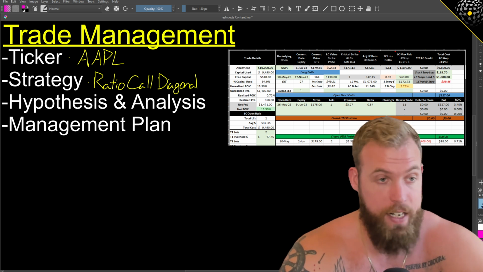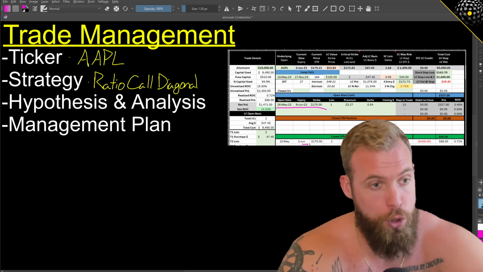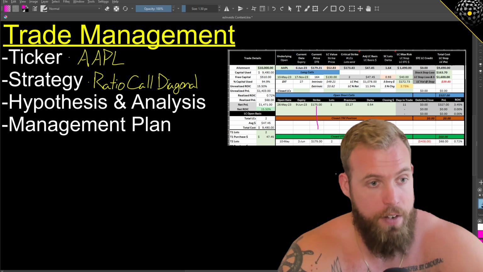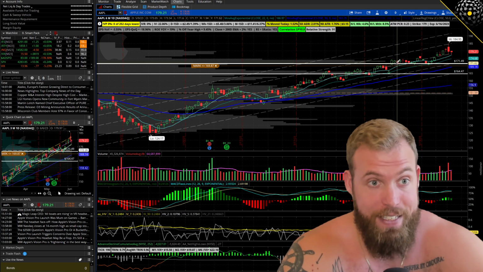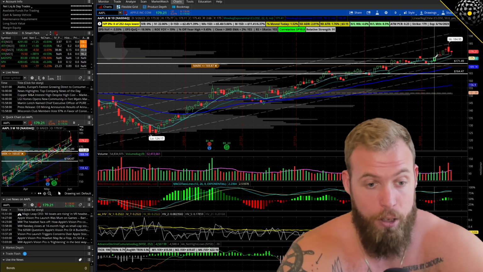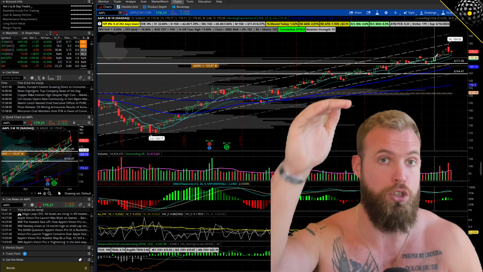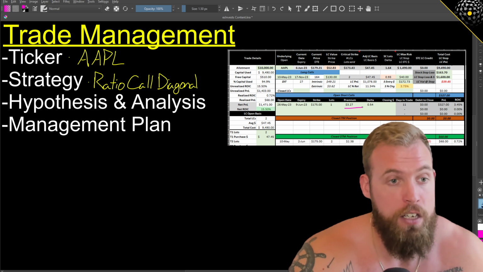I took the trade off and I said, let me reconfigure slightly. So I went out from 2 June to 9 June and I stayed at that same 175. Why did I stay at the 175? It's simple, because it had a pretty damn good run. It had this gap up and then it started accelerating in here. So I didn't want to slide my strike too far out of the money